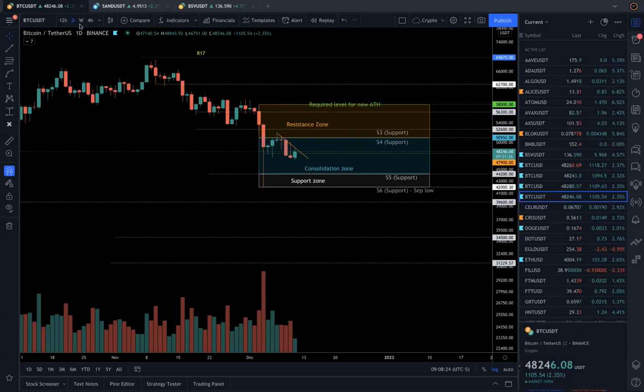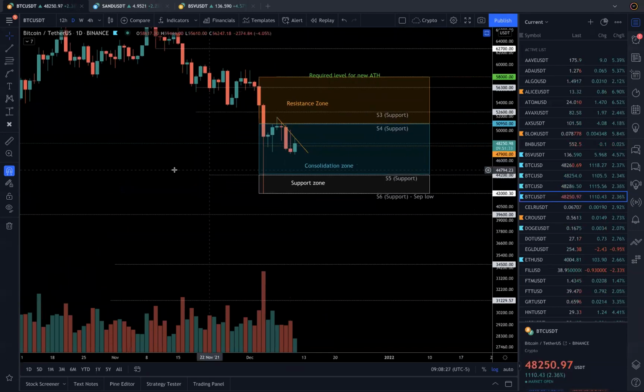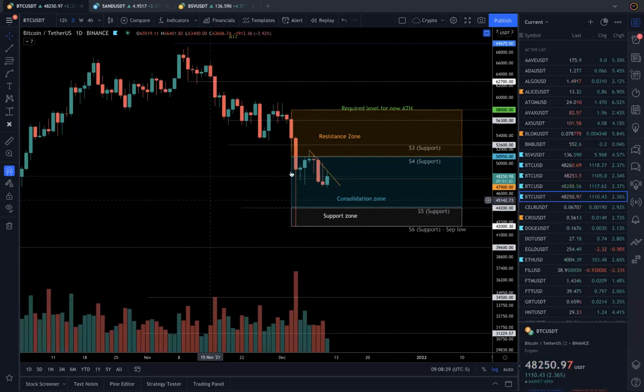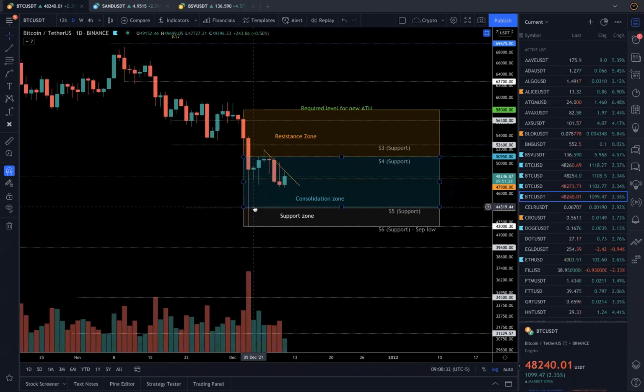So I started with one day. What do we see here? So on one day I have different flavors for Bitcoin. I depicted or added some drawing to give different perspectives. Different perspectives help sometimes to see the same thing differently, but the outcome is the same, the message is the same. Some people find some drawings or some kind of charting more intuitive than others. So my attempt is to show the same thing, but in different ways. And sometimes there are different technical aspects as well.